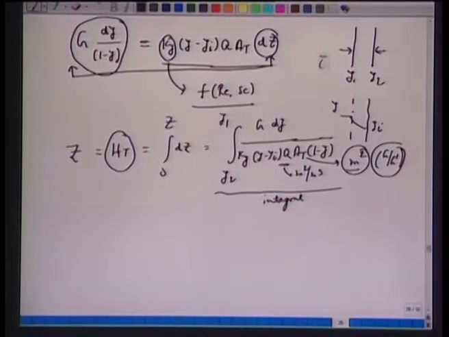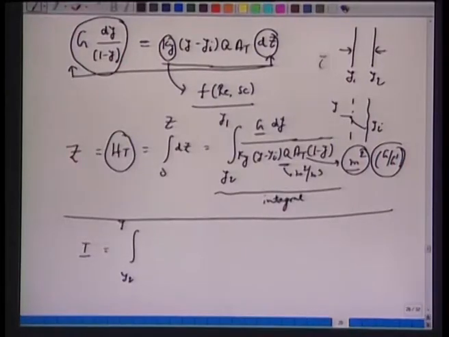So, for all quantities we have to integrate this y, or this quantity here, recognizing that G changes along the height, along the length of the column. So, very often this is quite complex, but one can simplify this. The same integral can be written from y1 to y2. Now, we have G over A_T, which we can write as G prime. That is the nomenclature we use, kg per second per meter square cross sectional area, or moles per second per cross sectional area.